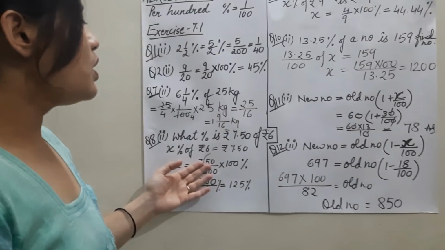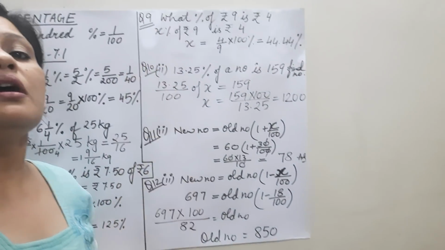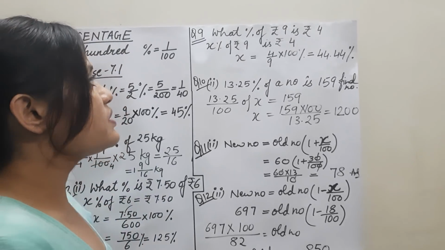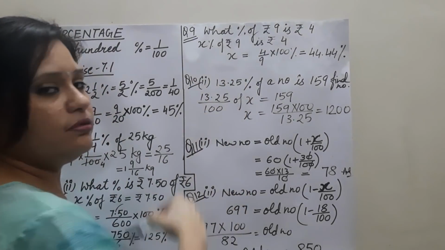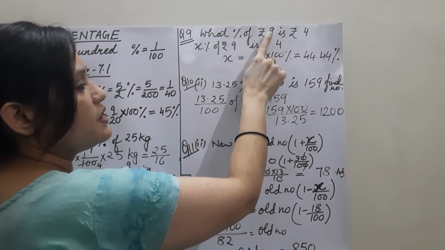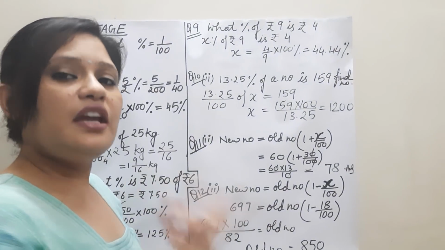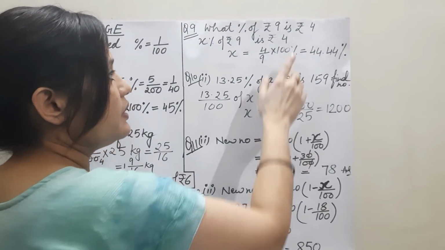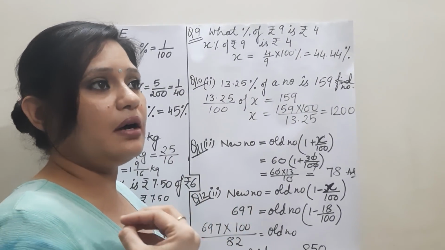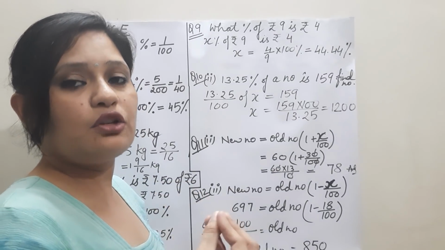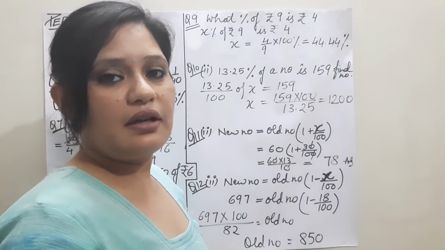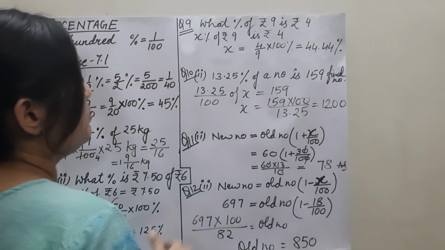Clear? Moving on to the next question, question number 9. It was already discussed, I have just discussed it. The question says what percent of. So the shortcut says second number divided by first number, means 4 upon 9 into 100%. But before that we need to see that both are given in the same quantity, like if one thing is in rupee, the other should also be in rupee. It should not be in paisa or something else. Both should be in the same unit.